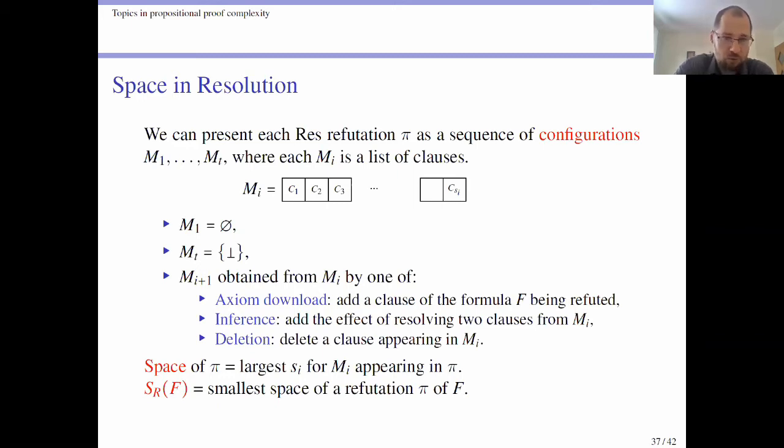Either you take your sheet of paper with the axioms of F, with the clauses of F written on it, and you copy one of them onto the board. Or you want to do an inference, in this case in resolution, just a resolution inference. To do that, you have to have the two premises of the inference on the board. And then you add their resolvent. So you add what you derive by resolution from them to the configuration. So you have two clauses written up on the board, and you write a third, which you derive from them